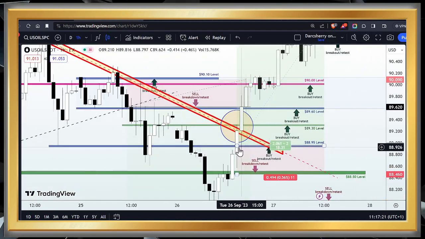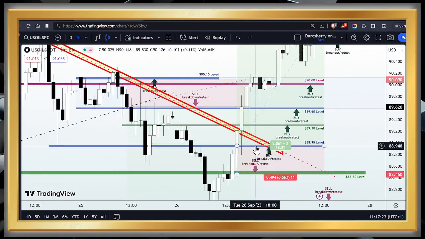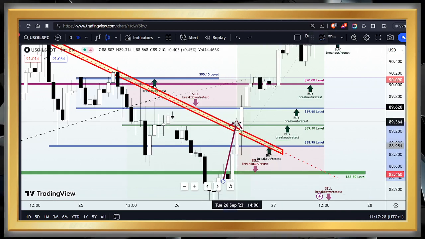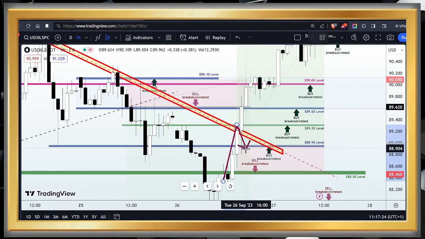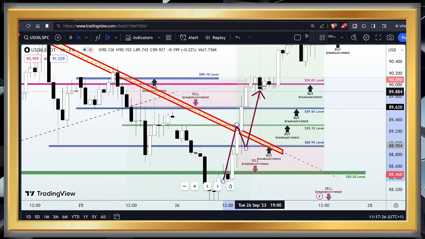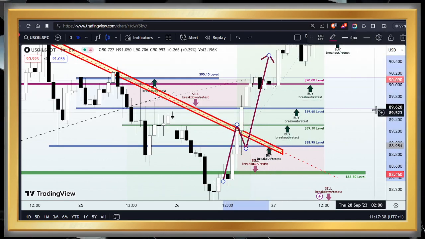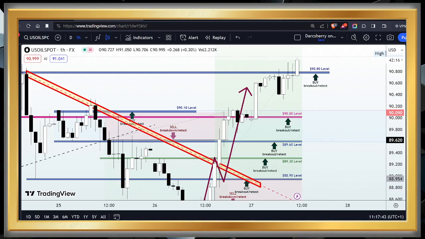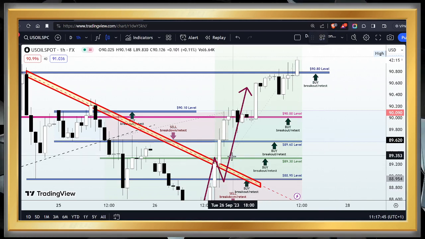Okay, I think it was around here, sorry. We looked at the $88.95 area, and in fact we saw what happened. Price broke out of that structure, and if you had missed out on that opportunity, price came back to retest the structure, giving us the privilege to be part of that bullish move. And remember that we had multiple entries on this one, as we identified levels such as the